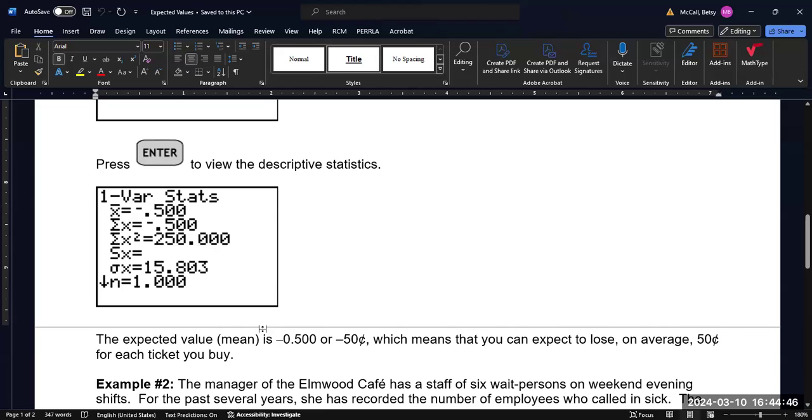What does this negative 0.5 mean? It essentially means that on average, you can expect to lose 50 cents for each ticket that you buy. So if we were to repeat this experiment over and over again, and then calculate the average of how much people won or lost, either they won the $4.99 or they lost the $1,